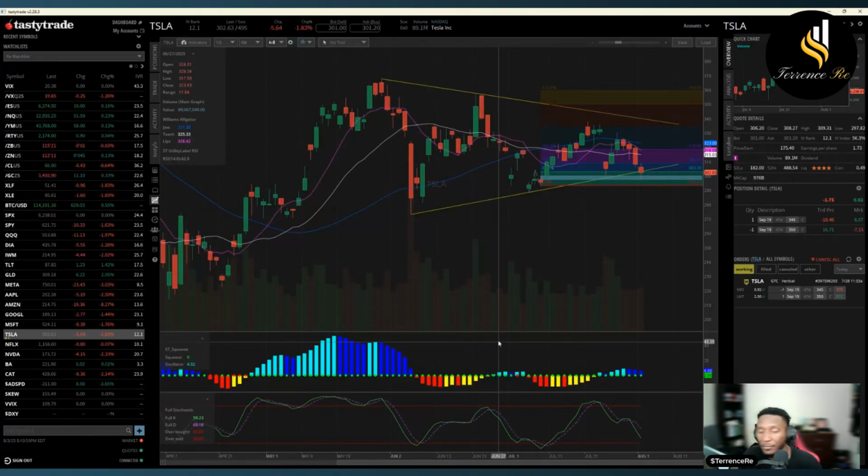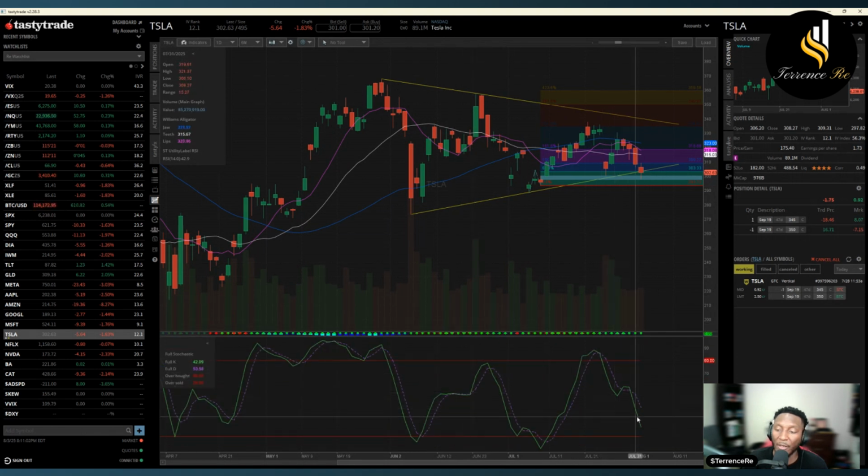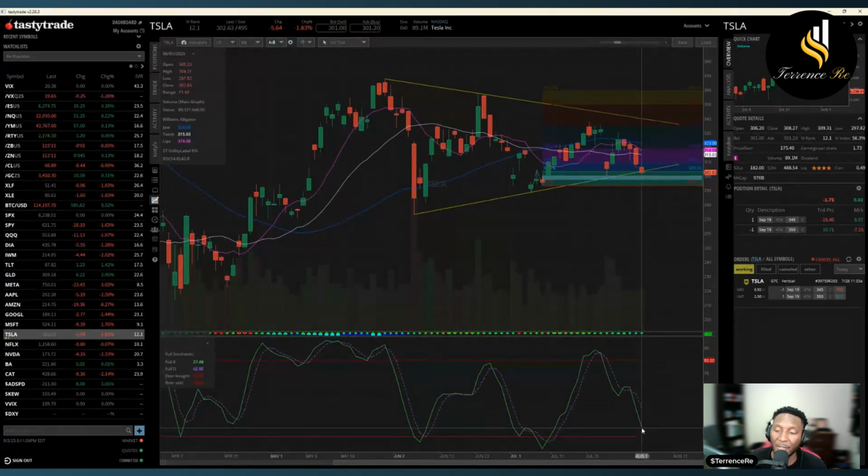With my full stochastic down here, this is one of the things I look at. I want to see it get down. Right now it's at 27. Once I see this green line begin to turn up and then cross over the purple line, once I see that, I'll start looking to try to get, maybe I'll scalp something like this where it crossed